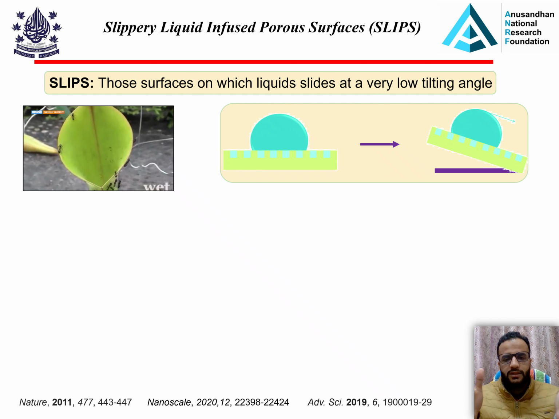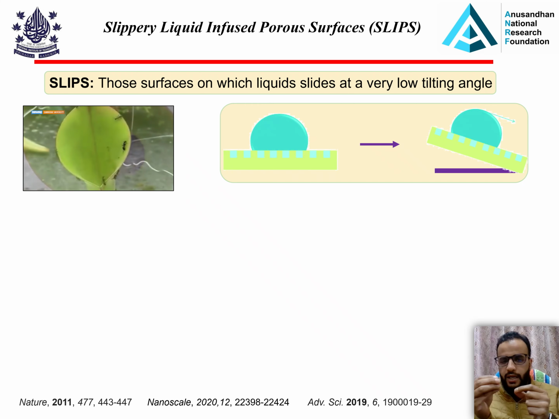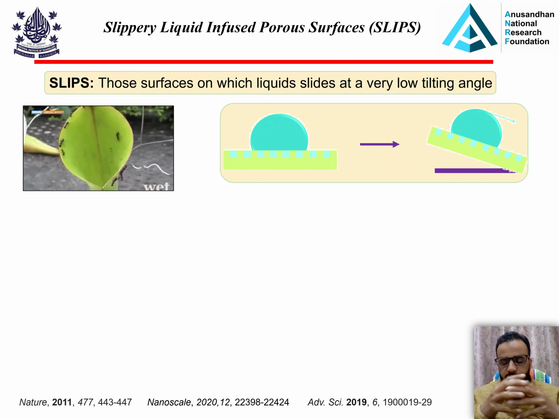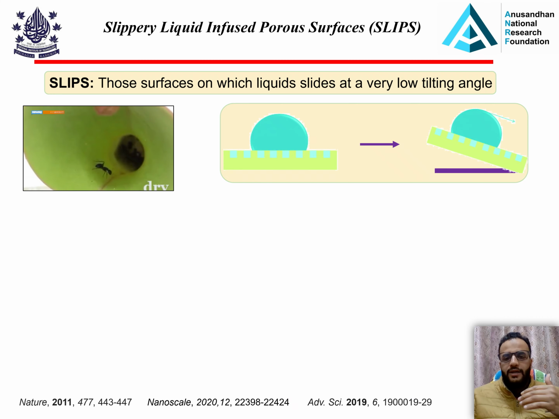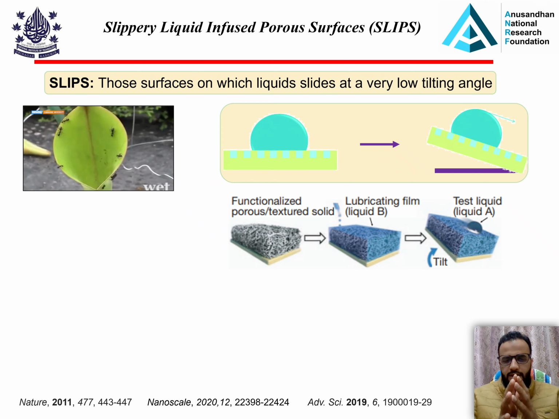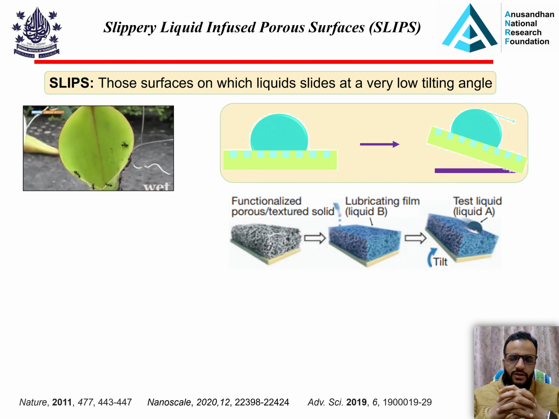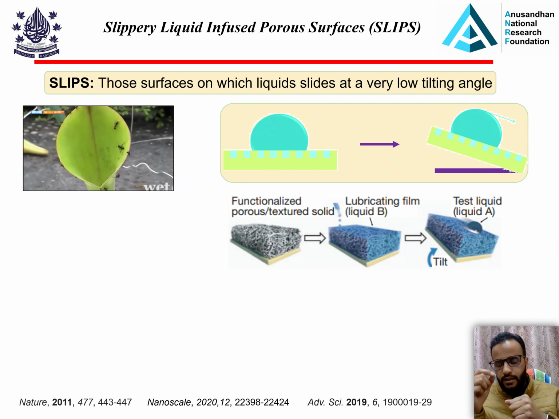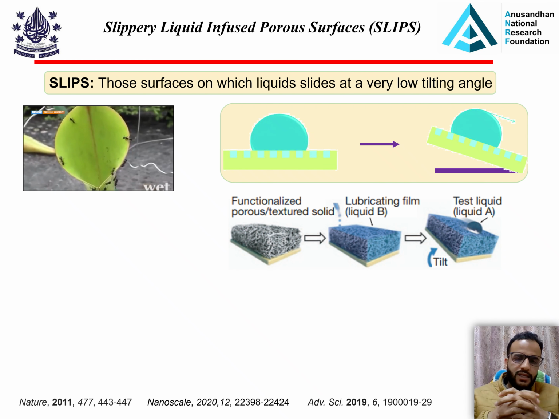So then it was demonstrated that because of this lubricant layer on the surface of the pitcher plant, it remains highly slippery in nature. So with that idea, researchers have designed slippery surfaces by creating a porous or textured solid and infusing it with the lubricant, and when tested with a water droplet, it easily slips away